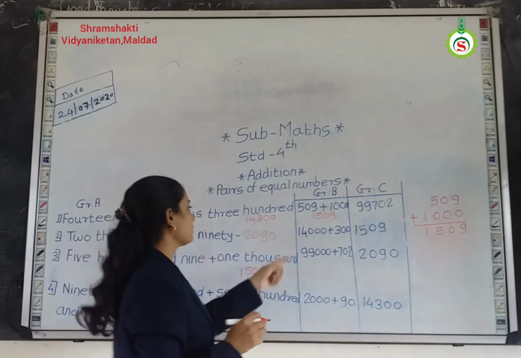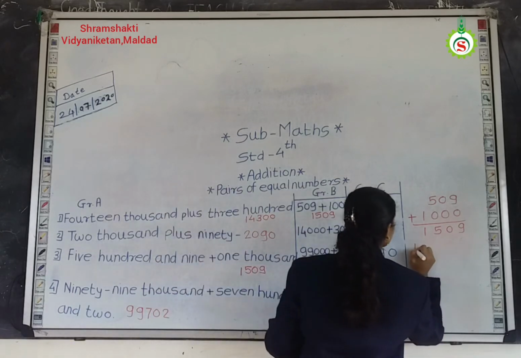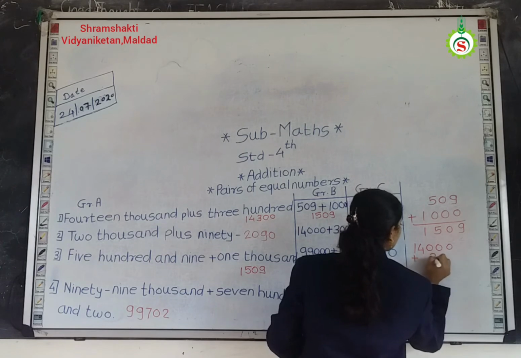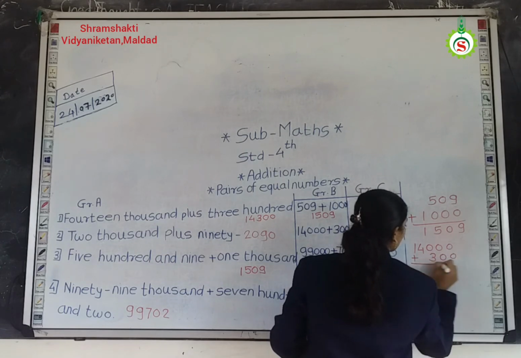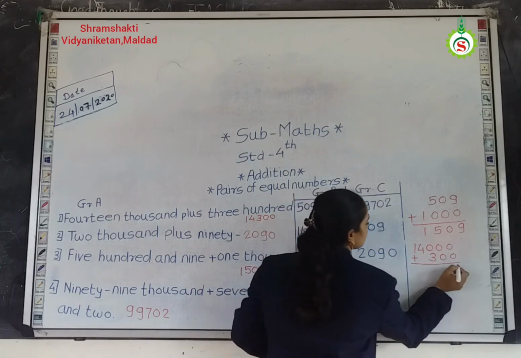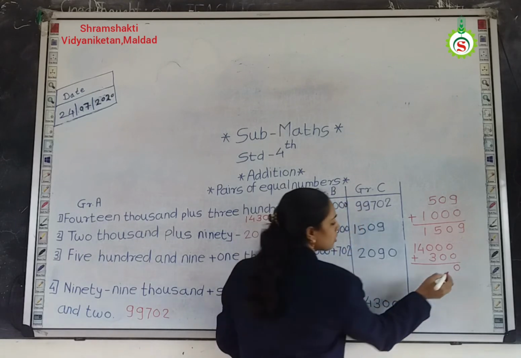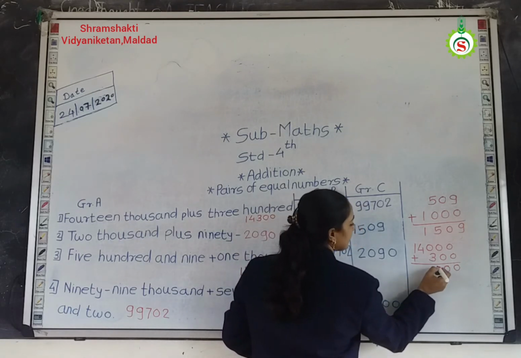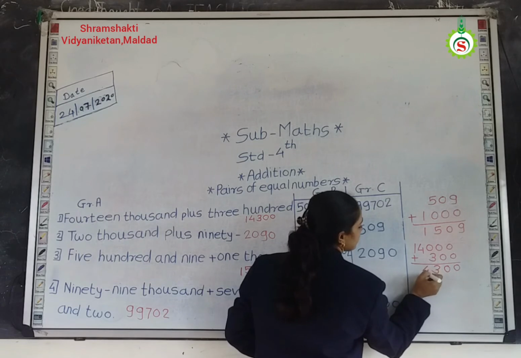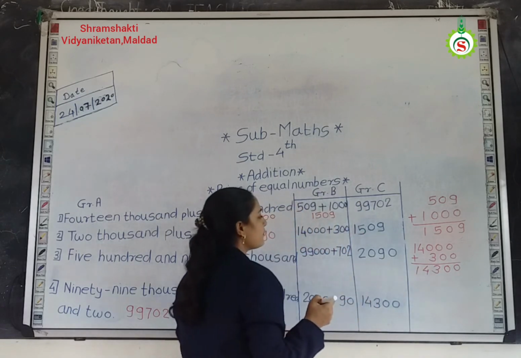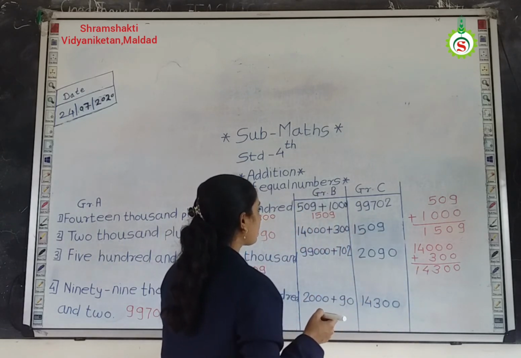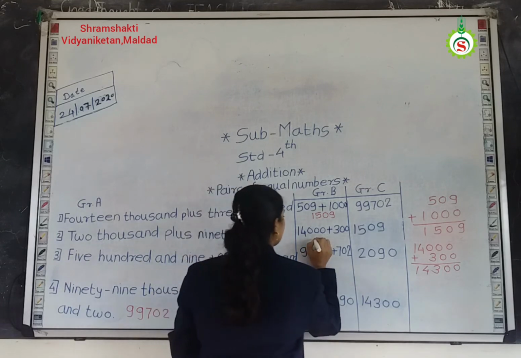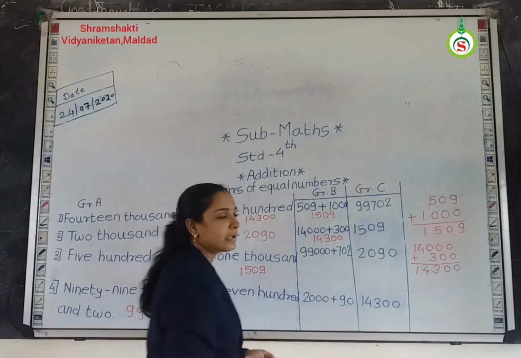Then next, 14,000 plus 300. Do addition. 0 plus 0, 0. 0 plus 0, 0. 0 plus 3, 3. 4 as it is, 1 as it is. Means our answer is 14,300. Then next,